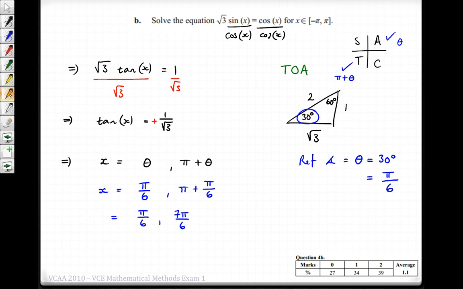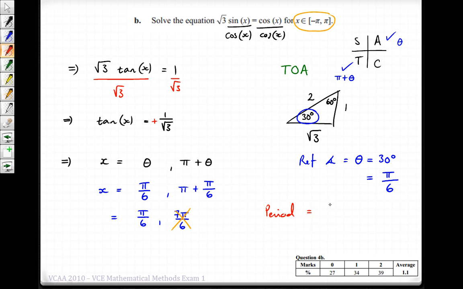So the last issue with this is that we've been given a specified domain. So x is between negative pi and pi. So hopefully you've all spotted that 7 pi on 6 is outside the domain. So what we can do is just add or subtract a period onto the solution, pi on 6, to find the next one going backwards. So what I'm going to do is subtract off a period. And the period